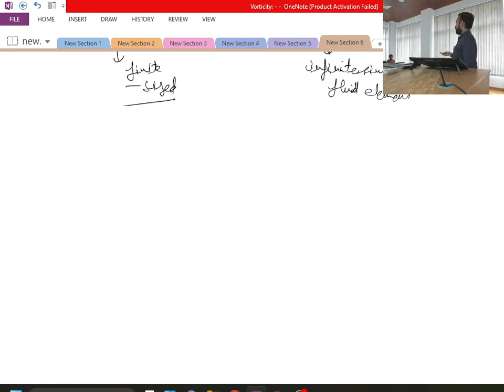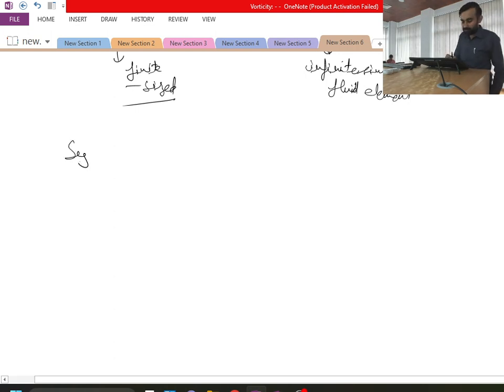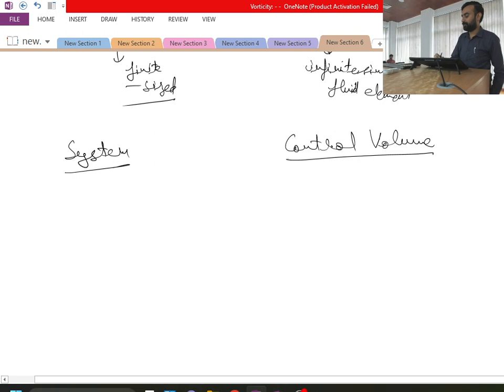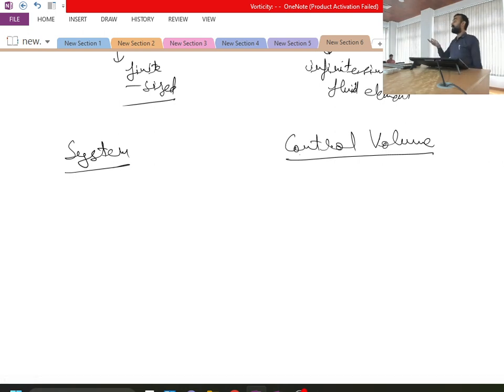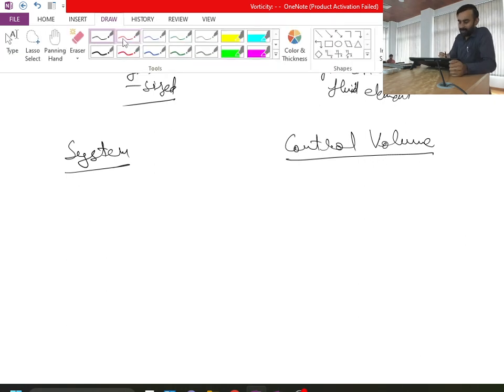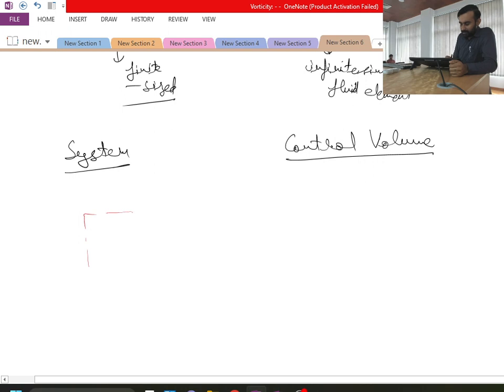Okay, so in thermodynamics you might have talked about two approaches. One is the system approach and the other one is the control volume approach. All of you know about these two approaches. Okay, so what happens in the system approach? Anything which we want to analyze, we put inside a real or imaginary boundary. The boundary can be either real or imaginary, any boundary. Okay, and everything inside that boundary we call our system, and outside we call